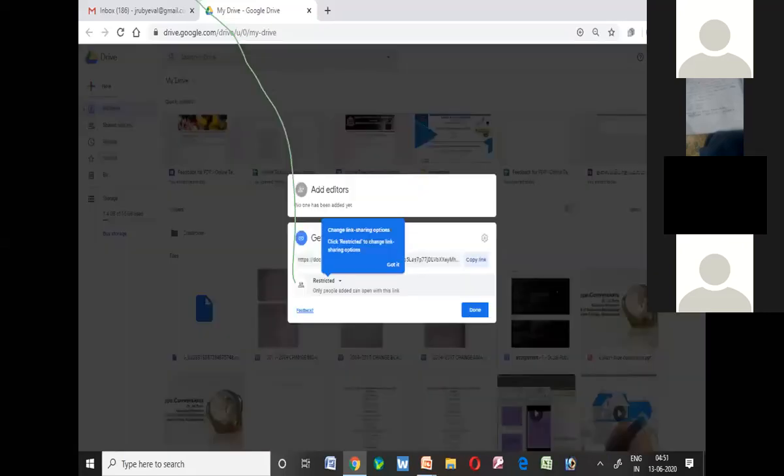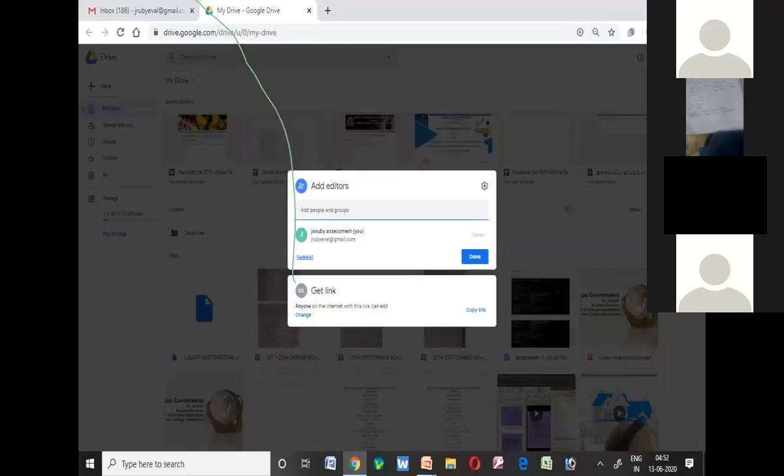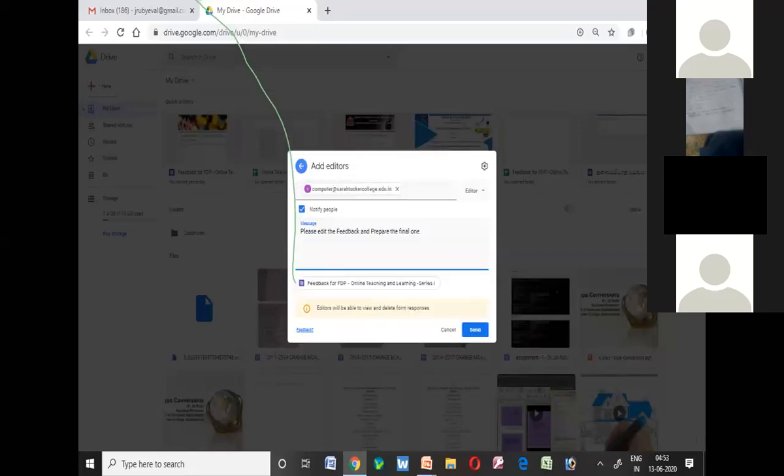Once you click on share, it gives you a prompt like this: add editors. Just click on add editor and add the name of the person, maybe your HOD's email address, and you can send it to her. So what will happen is your Google Form gets stored in the My